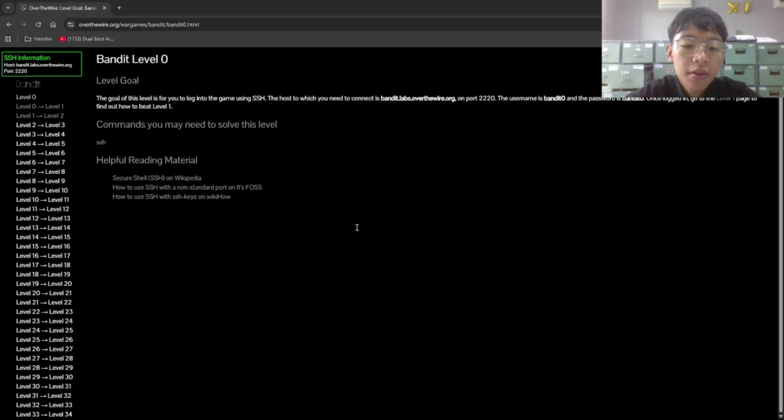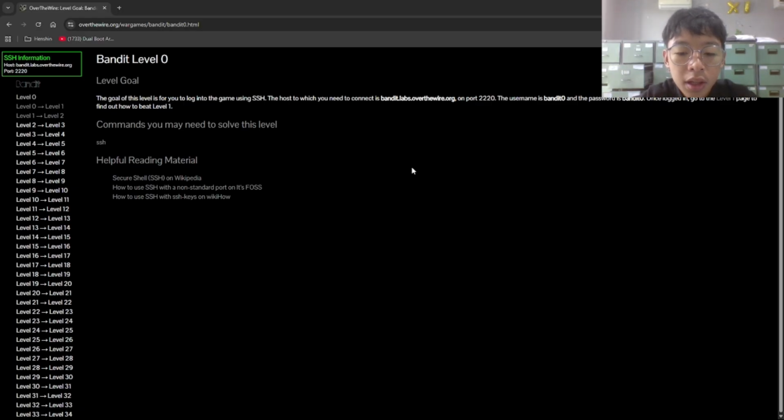In this video, we are going to start our first hands-on challenge in cybersecurity, the Bandit Wargame from OverTheWire. If you never tried this before, don't worry. This is basically a playground to practice your Linux and command line skills safely, directly from your terminal. So today we are doing level 0 to level 1, and the goal is super simple. We just need to find a password that's stored somewhere on the server. But through this simple task, you will already learn how to use SSH, navigate directories, and read files, which are all essential Linux basics. Alright, let's jump right in.